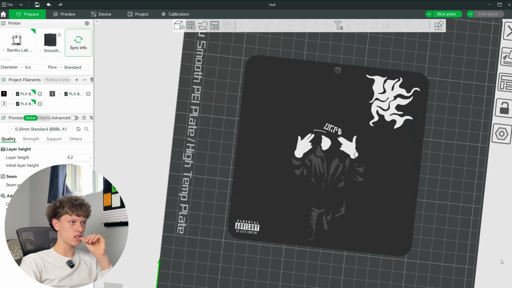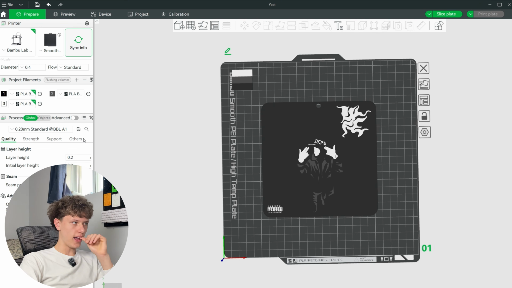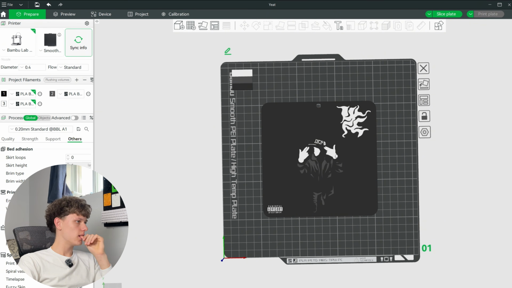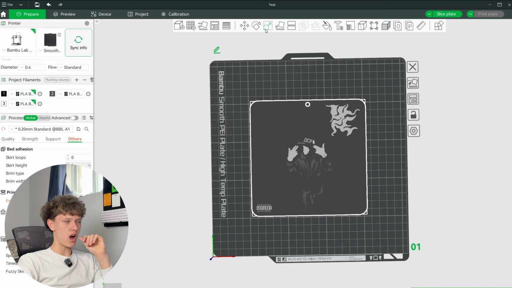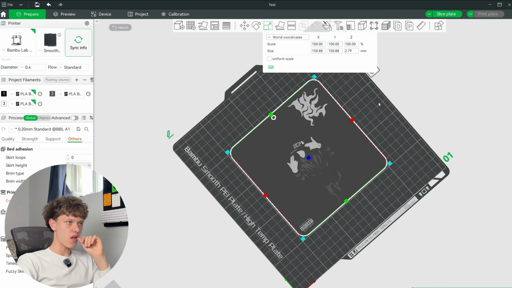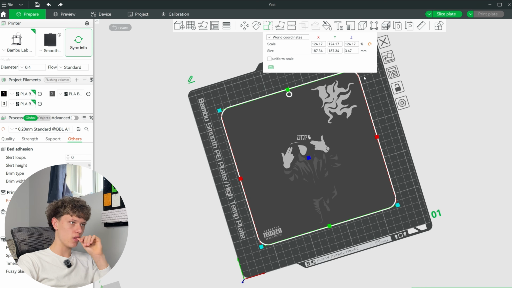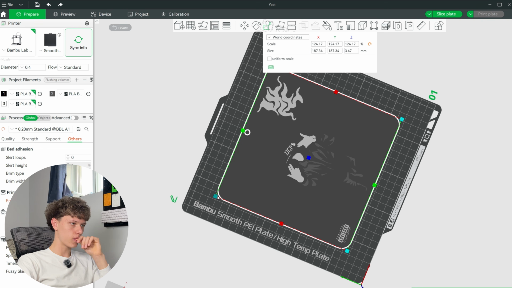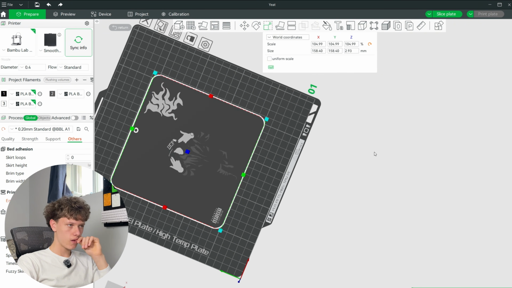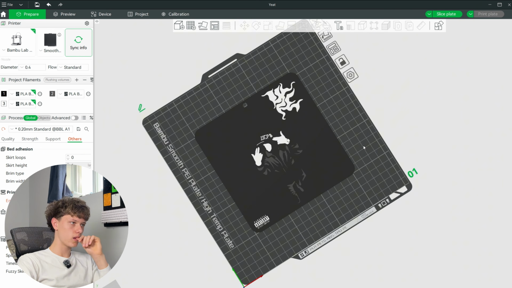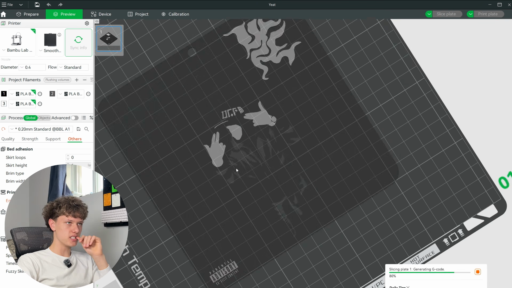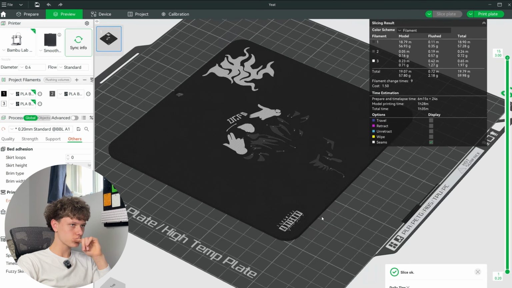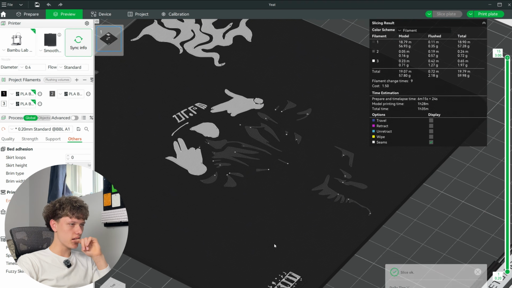We can click Return to Document. And I like to turn the prime tower off because I don't really feel it's necessary. And then if you want to scale this up or down, you can also do that. But I think it looks good like this. So now I'm going to slice this plate up. And it's only going to take an hour and